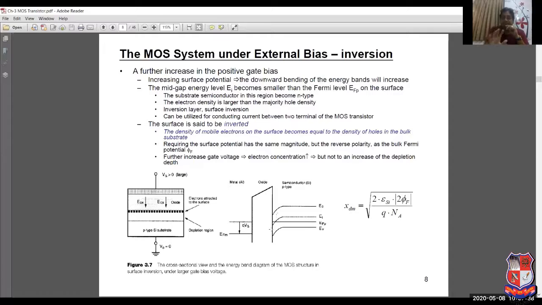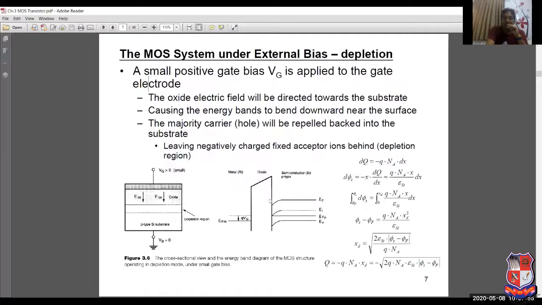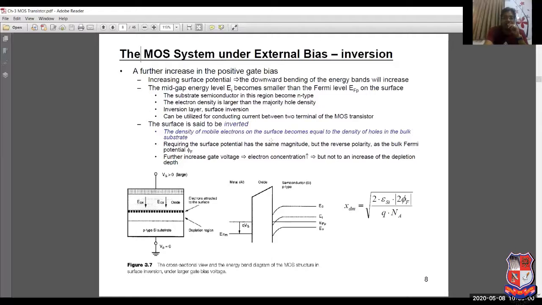So this is the concept. This is what is known as inversion. The condition for inversion is whenever this potential is equal and opposite. So this is the condition, and this is the concept which is taken forward in the MOSFET. So now let's take this extension, this particular work, into the MOSFET formation.